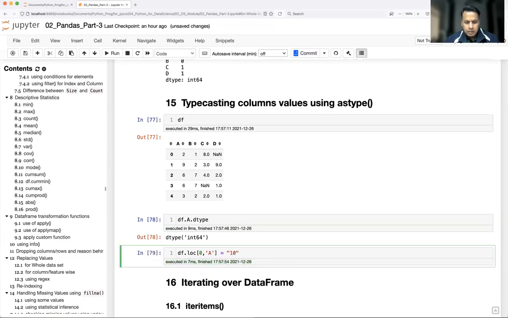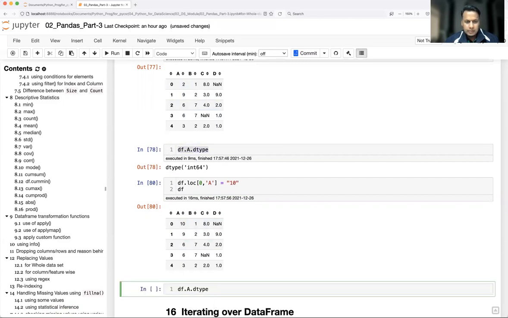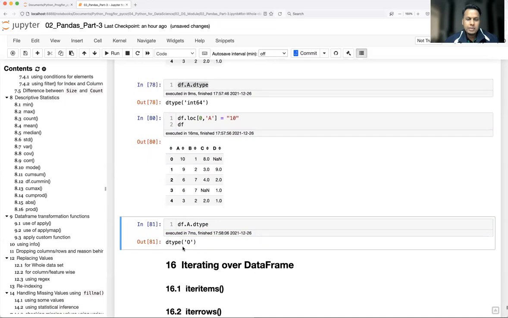Now you take df. See here, do you see any difference? It looks exactly like integer, but the moment you take the data type, see here, it is showing object type, which means it belongs to string type, not integer type. That's where the problem comes. When things look like integer or float or exactly a number, it is not a number, it is basically a string.